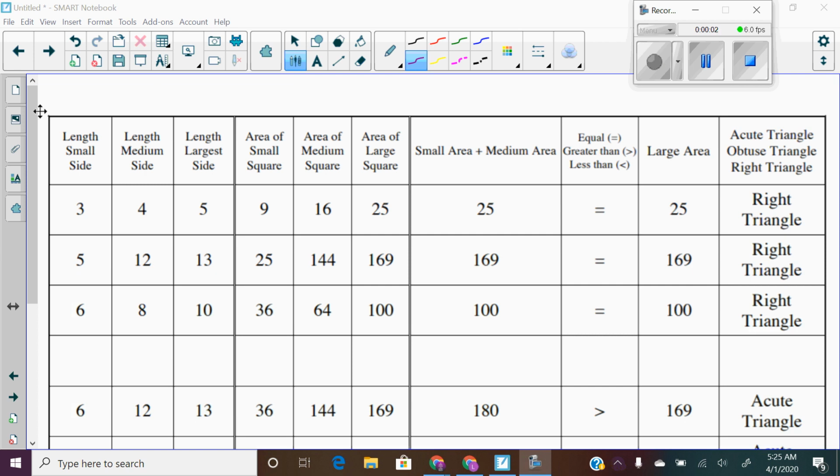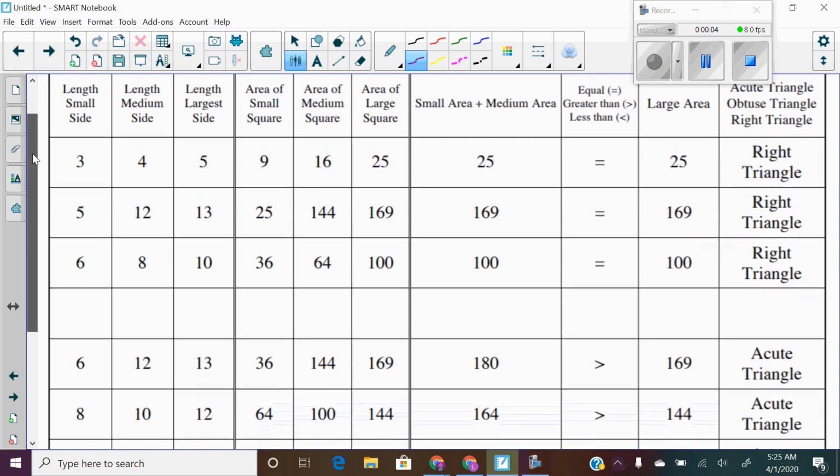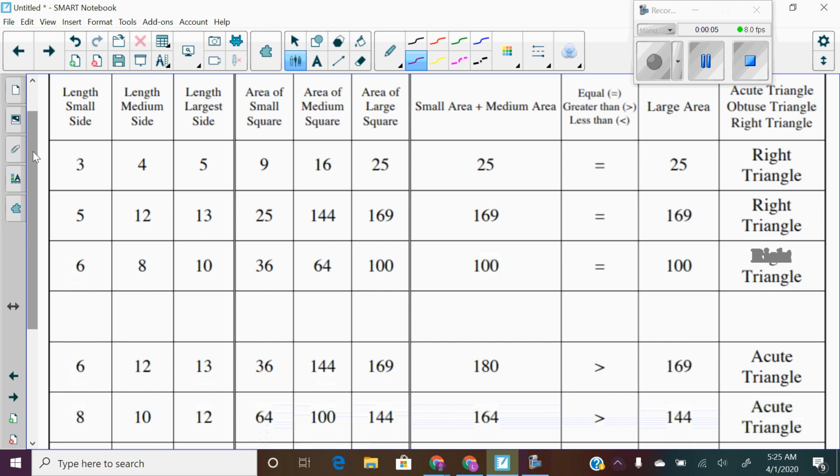So the next part of our lesson, and I did this with a couple students the other day, was to create these triangles with the squares and turn them to see if they make a triangle at all, if they make a 90-degree triangle, an acute triangle, or an obtuse triangle. So this table right here is going to give you